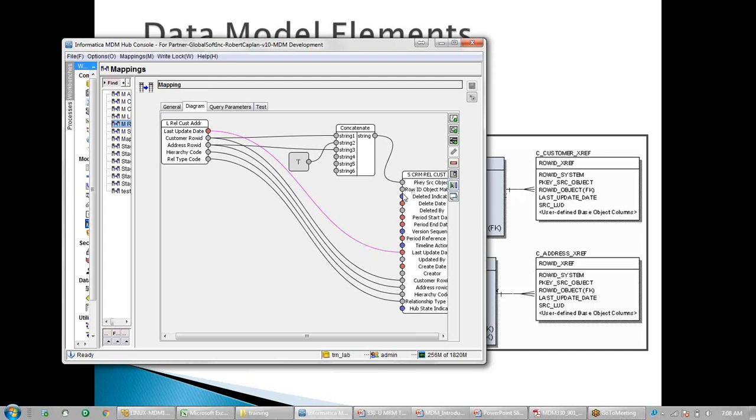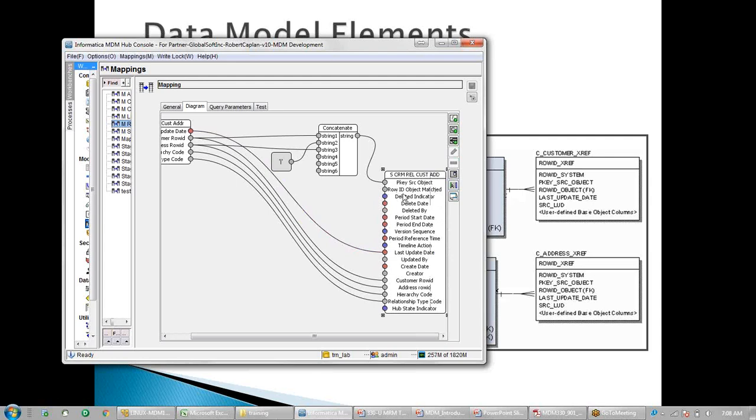Vinay, small question. Yes. Can you just define what is a cross-reference table? Yeah, a cross-reference table is basically an associated table or a supporting table of a base object. Base objects are the final tables which contain all the business entities or the master data. So will the MDM itself create the cross-reference table? Yeah, MDM will create. I will create one table like C_customer, but in the backend it creates some 10 more tables automatically. Out of those 10 tables, this is an important table which is called a cross-reference. Okay, thank you.